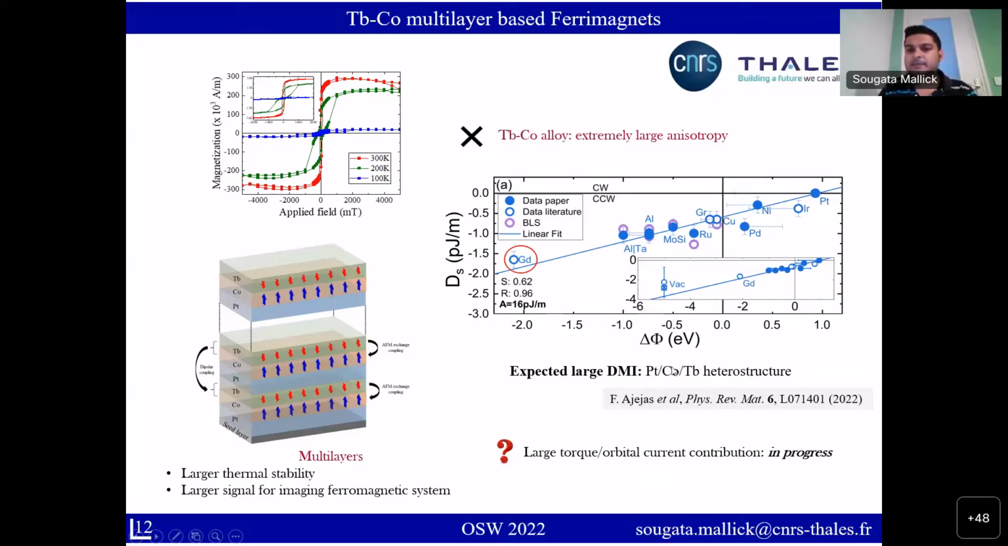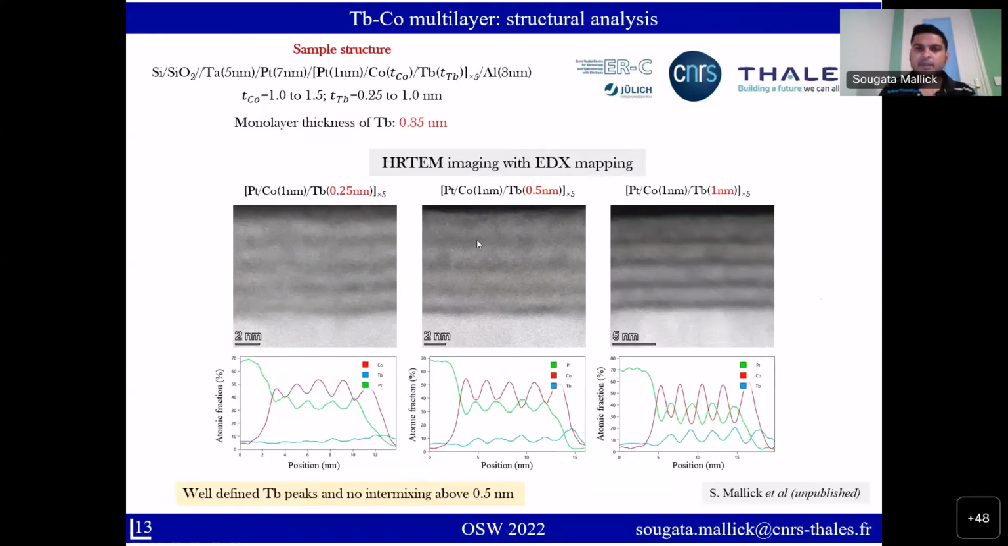Also, recently a paper was published from our group where Fernando has shown that gadolinium and terbium in this range can lead to significantly large DMI in such platinum cobalt gadolinium or platinum cobalt terbium based heterostructures. We will measure this soon using BLS to quantify the exact DMI in our system. We are also trying to probe the large torque or orbital current contribution which can come from the terbium moments. So in our sample structure, you can see we take platinum cobalt terbium multilayers where the cobalt thickness